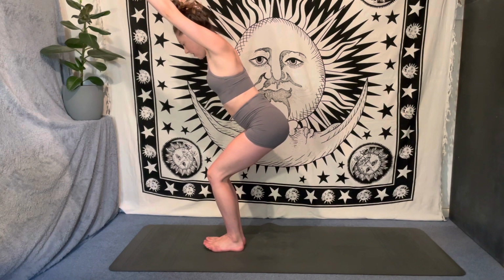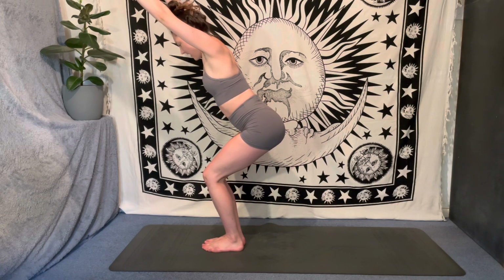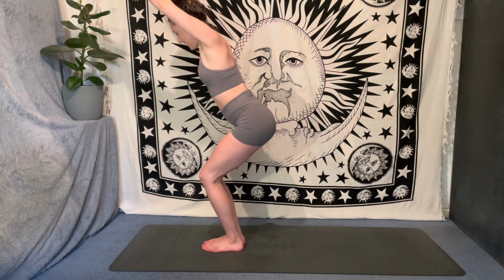Lifting up the toes for a moment, rooting down through the heels, and then dropping the toes back down, making sure the weight is mostly in our heels rather than in our toes. One more breath here. If the fingertips aren't extended already, let's all meet with our arms overhead, and then breathe